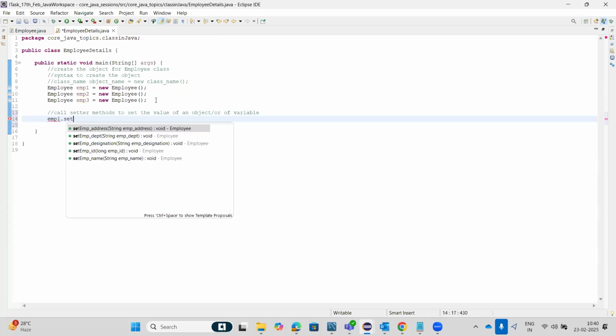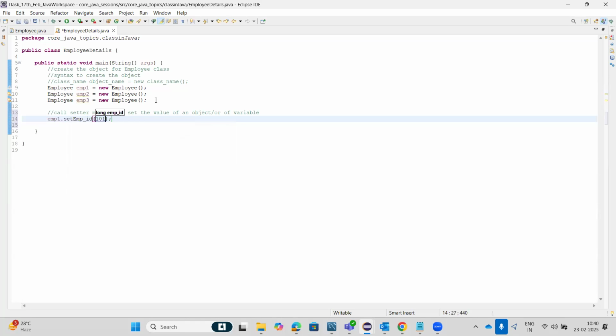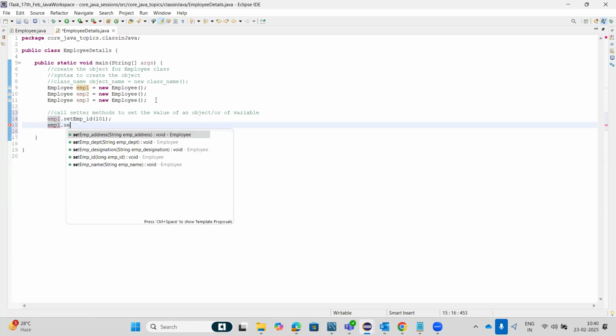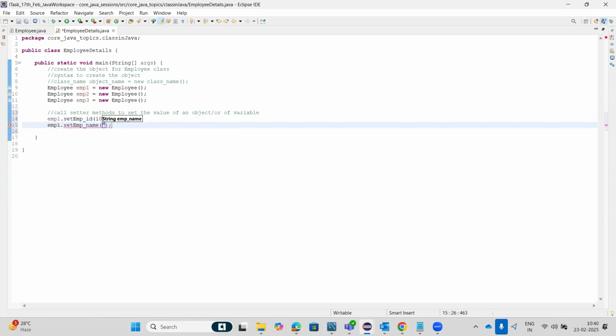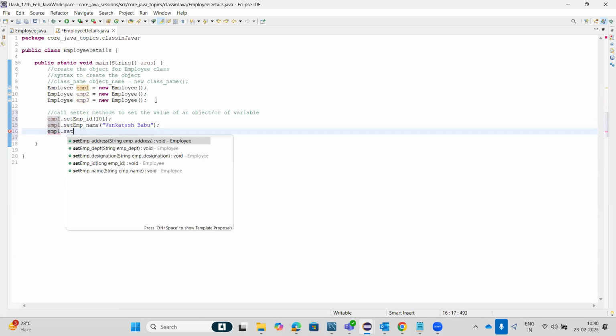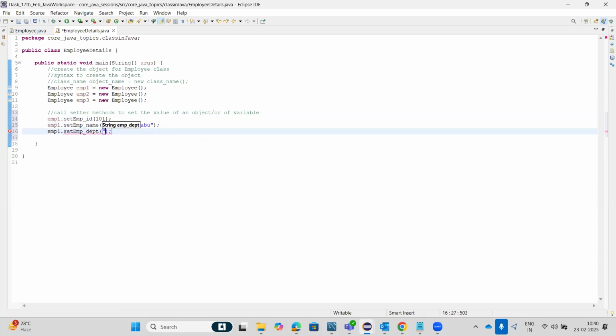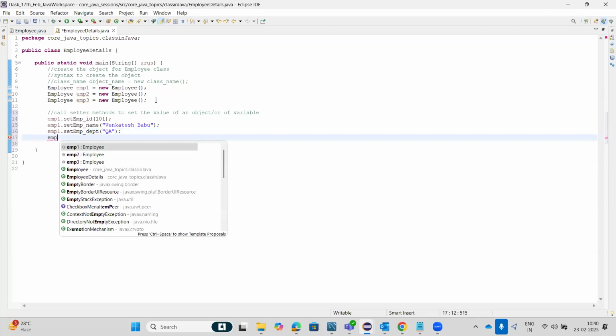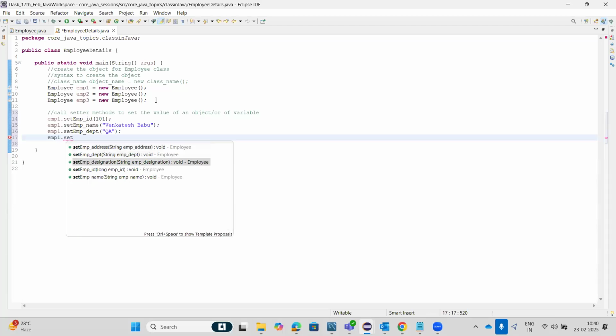Employee 1 dot set employee ID 101, employee 1 dot set employee name, employee 1 dot set employee department QA, employee 1 dot set employee designation,